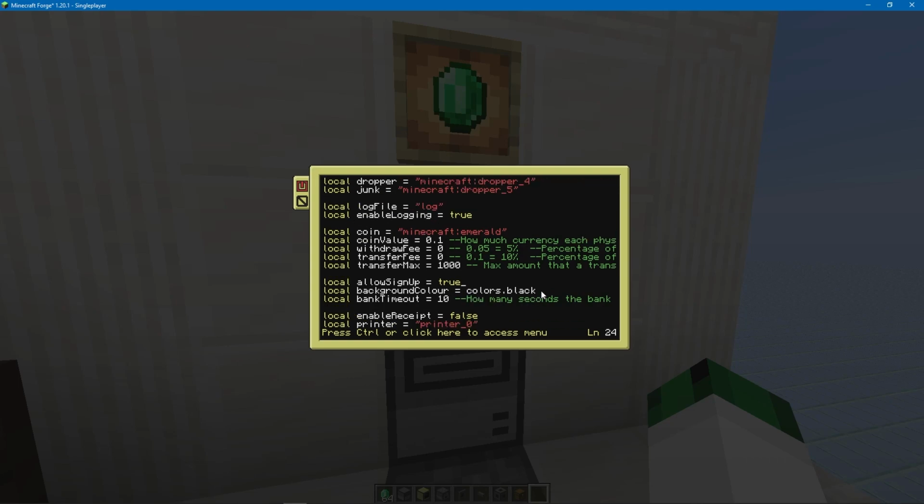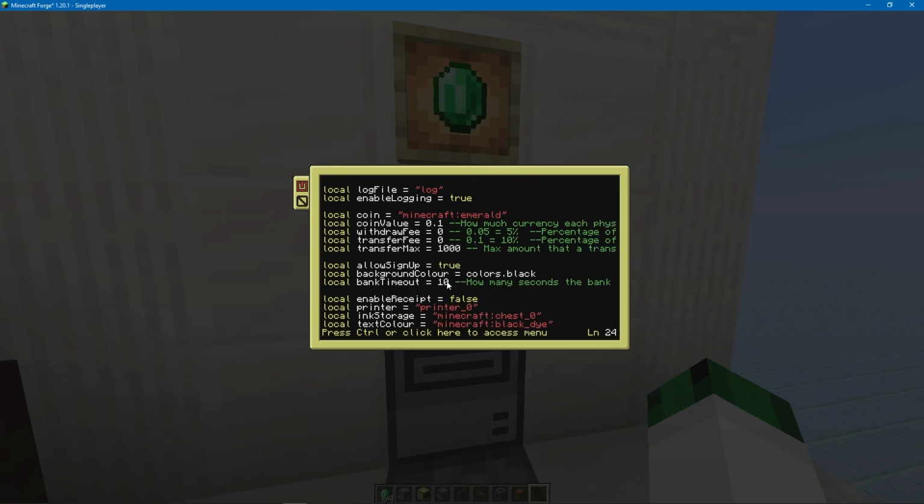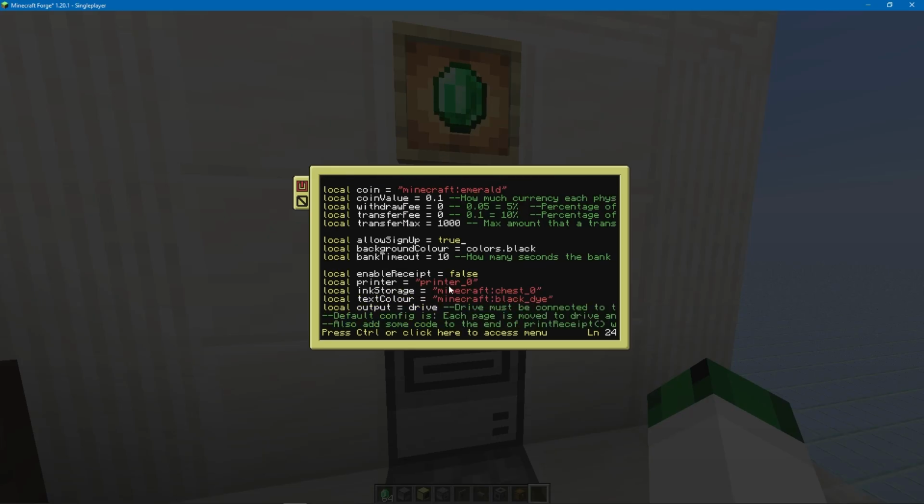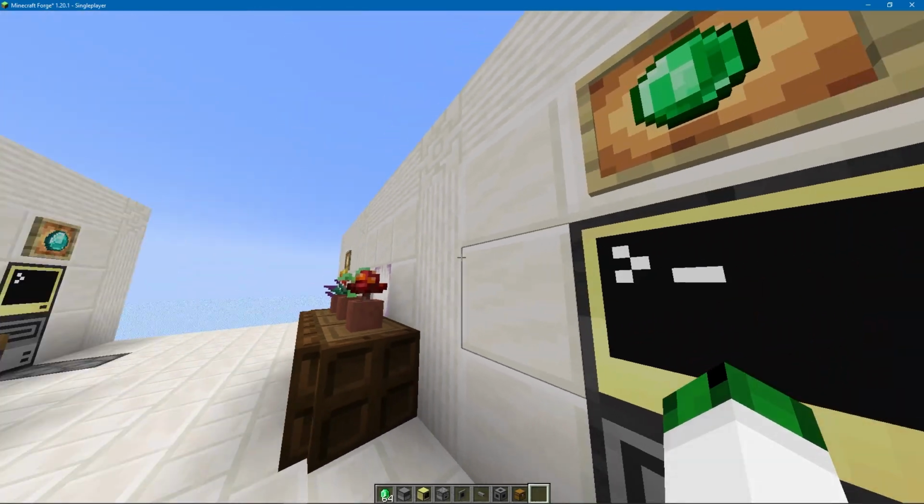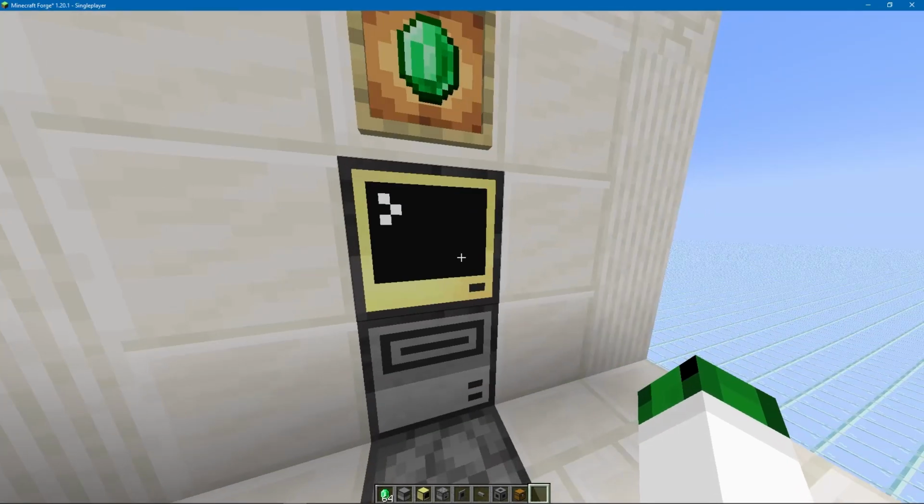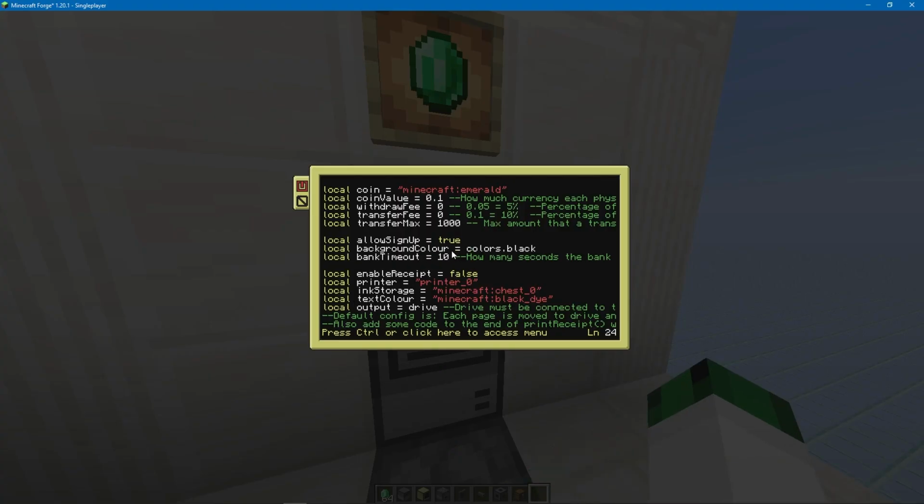You can change the background color. It might look a bit weird, you might need to tweak some other buttons and stuff, but then this timeout is simply if it sends a message to the server and it doesn't hear back within 10 seconds, it would just say it timed out. Now this is for receipts. If you disable it, you don't need a printer and everything will work fine without it. If we go true,